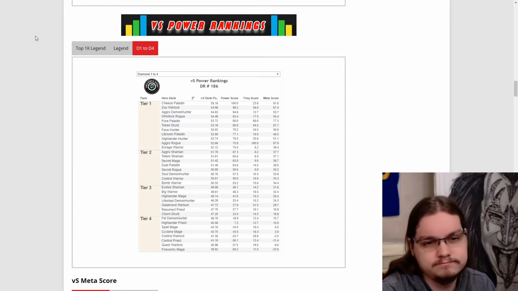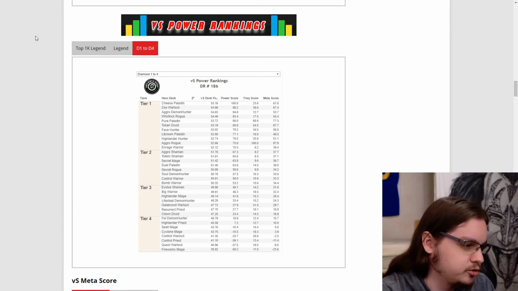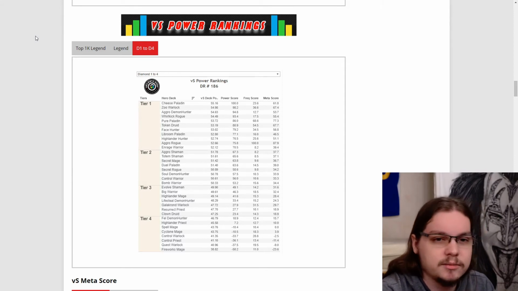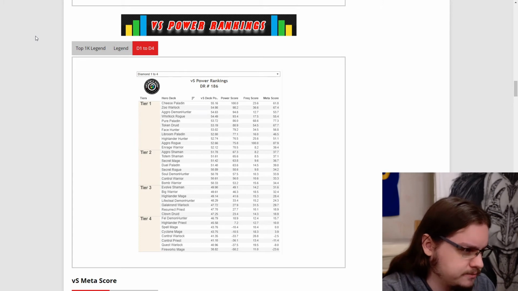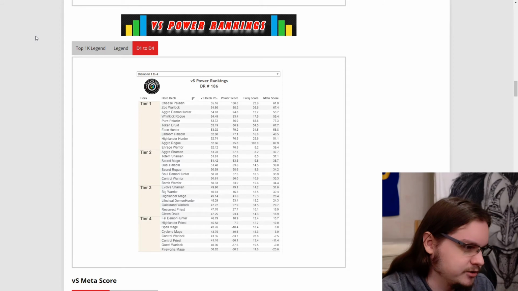Face Hunter, not much to say about that. Again, very aggressive deck. Already mentioned Librum, Highlander Hunter, solid as always. Aggro Rogue, one of the most popular decks right now. As a matter of fact, I think it's the single most popular deck. And Enrage Warrior. I'm gonna quickly just read out the titles for the tier 2 decks, not that you could not do that yourself, but Aggro Shaman, Totem Shaman, Secret Mage, Dual Paladin, Secret Rogue, Soul Demon Hunter, Control Warrior, and